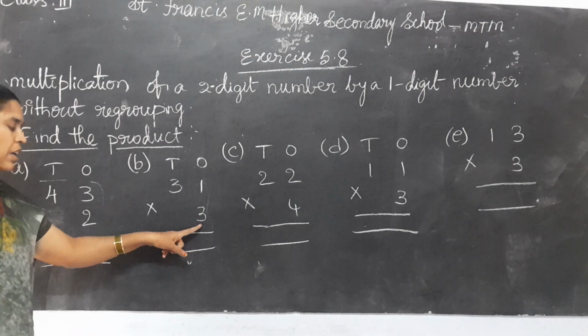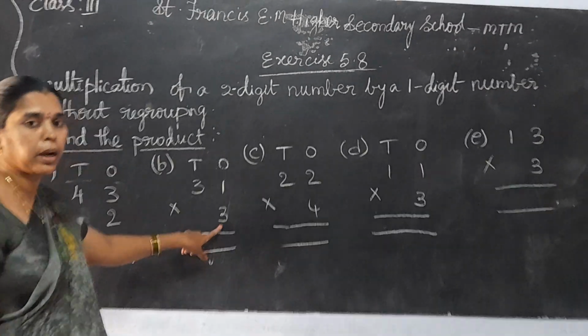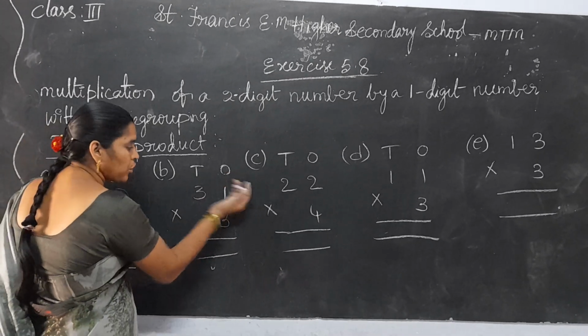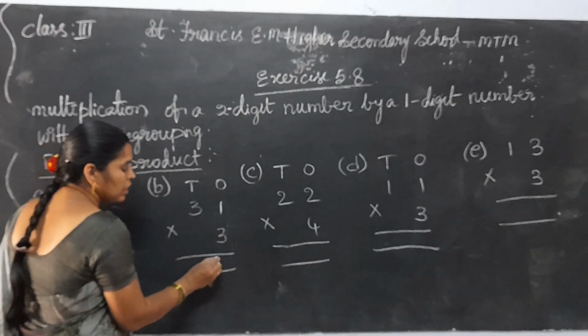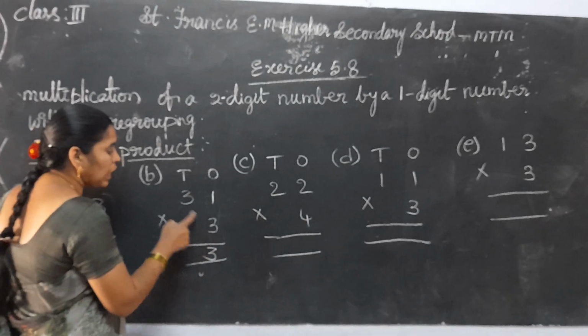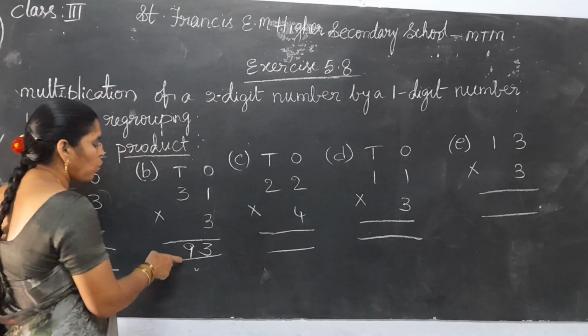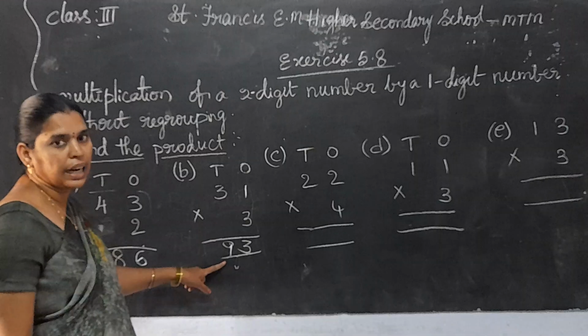1's place digit down you write the 1's place digit. This is 31 we are going to multiply by 3. 3 1's are 3. Right to left you should do multiplication. So 3 1's are 3. Like additions and subtraction. 3 3's are 9. That you write in the tens place down. So what is the product? 93. 31 into 3 is 93.